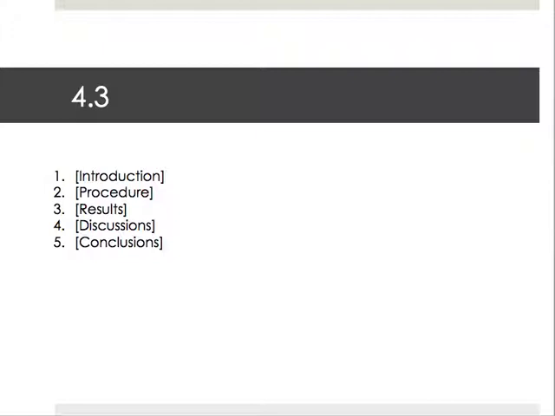And so you'll notice on the assignment sheet that there are 5 parts to this. You're going to have an introduction, procedure, results, discussion, and conclusion. Those are in more detail on the sheet. I'm taking up a lot of time here. I know it's hard to sit and listen to these for a long time. But basically,